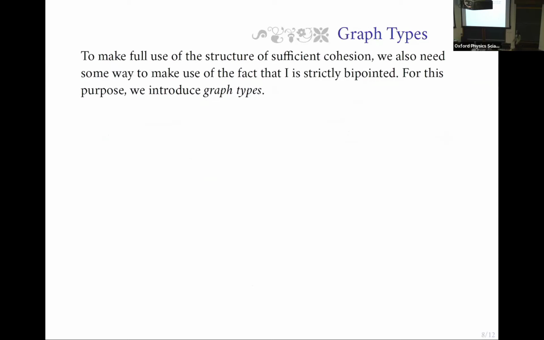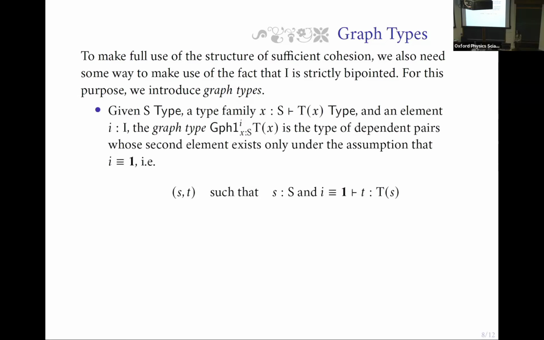And then finally, to make use of the structure of sufficient cohesion, we also need some way to make use of the fact that I is strictly bipointed. And so for this, we introduce what I call graph types. And a graph type, basically the way you should think of it is it's just a pair type where the second element of the pair only exists under the assumption that some element I of the interval is equal to